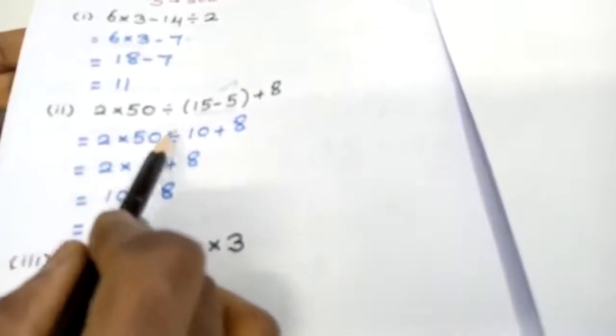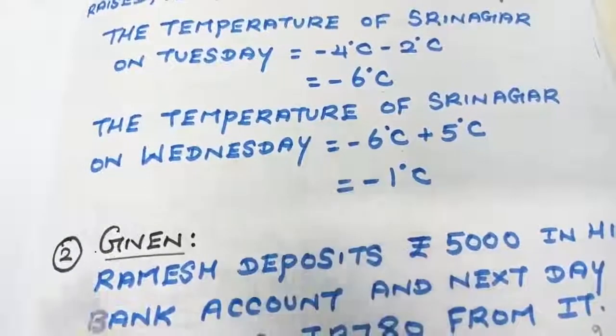Now see, what do I have here? Multiplication, division, addition. Next I give the place to division. 50 divided by 10. Be careful while you are doing the sum. 50 divided by 10 means I get 5. Multiplication, addition. Next I give the place to multiplication: 5 times 10, that is 50... 10 plus 8 is 18. So that is how we calculate the sum.